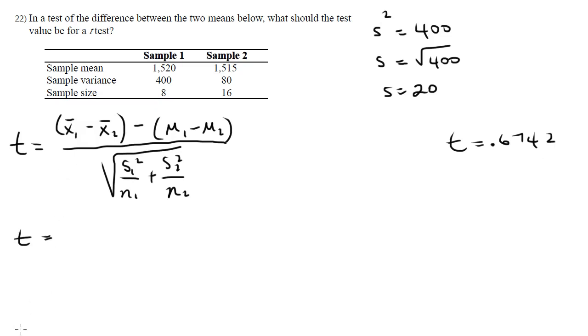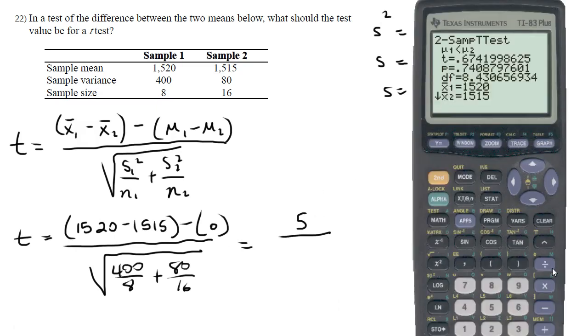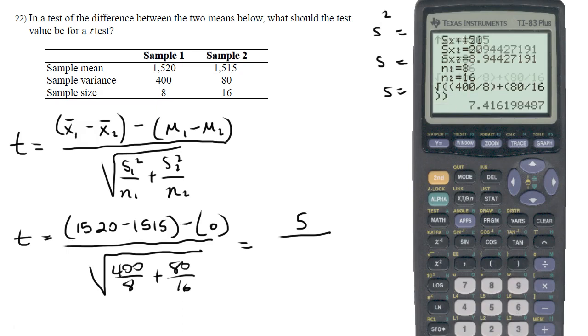So let's see. So x1, 1520 minus 1515 minus 0, of course, over the square root of, now this is just going to be 400 divided by 8 plus 80 divided by 16. So 1520 minus 1515 is 5. In the calculator, I will input, let's go all the way down here, square root of parentheses 400 divided by 8, close parentheses, plus 80 divided by 16, close parentheses,